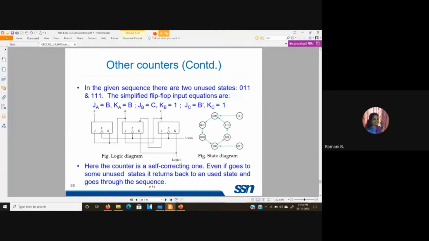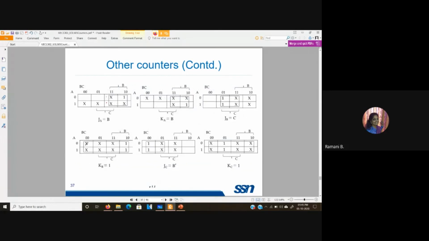Now here in this counter, with this expression, let us check if by some error, I am coming to the state 0 1 1. Okay, what is going to be my next state? So for that purpose, we have this JA KA, JB KB, JC KC.